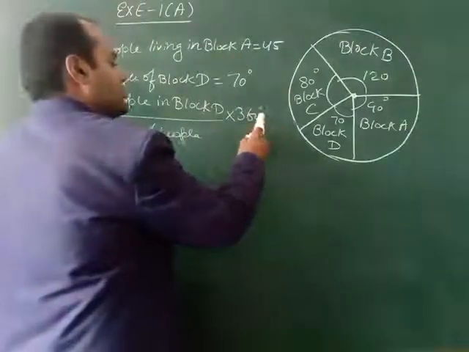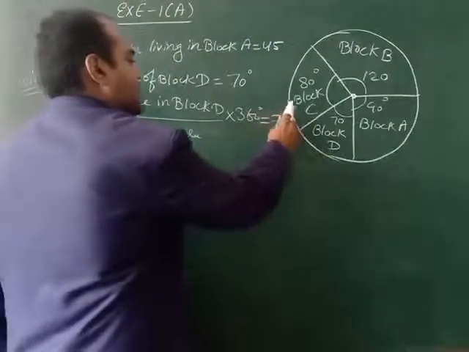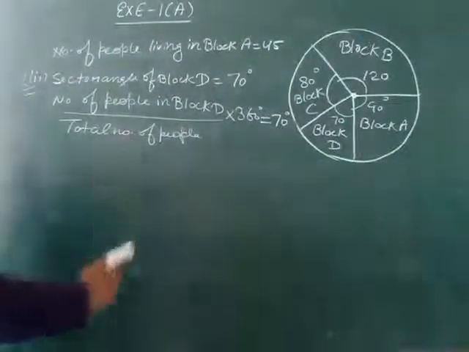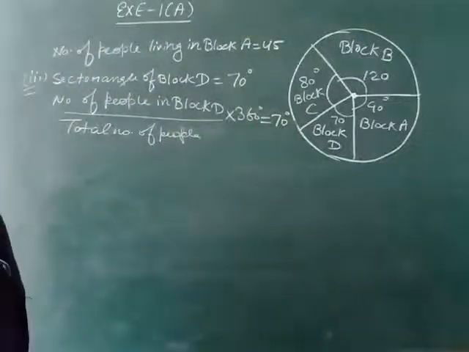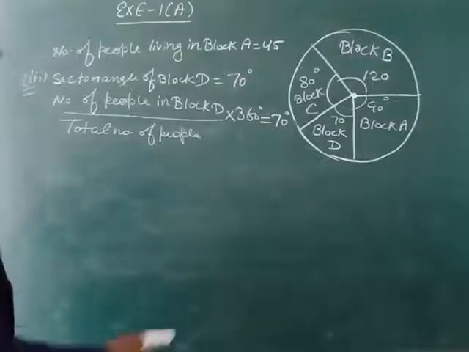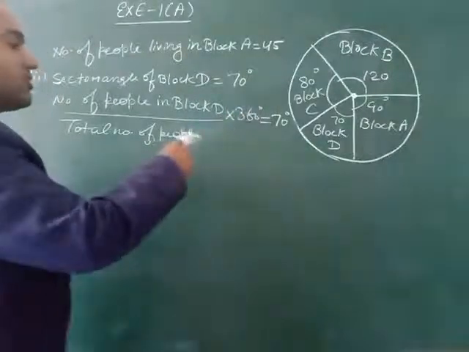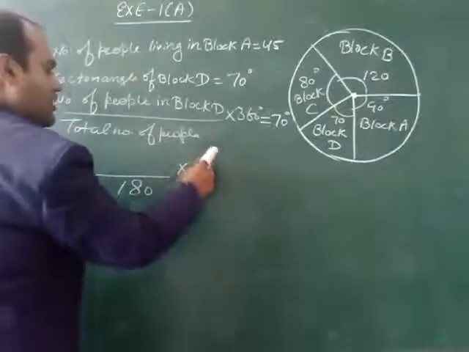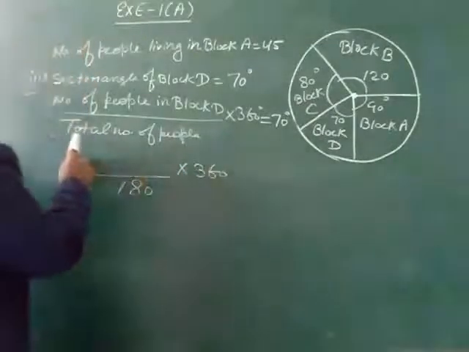How much sector angle is given? 70 degree is given. Now the total number of people we had already calculated, 180 persons are living in the full building. So total number of persons in the denominator we will take 180, multiply 360,